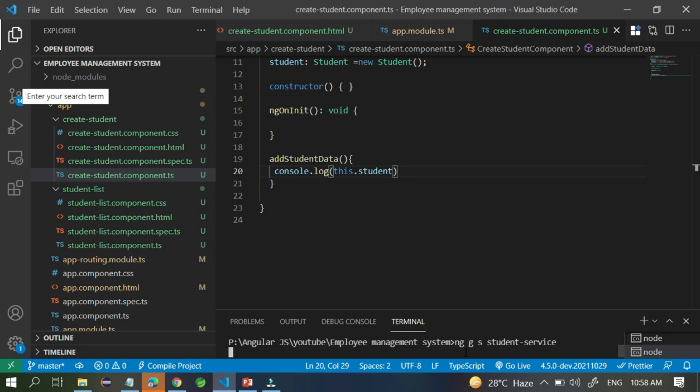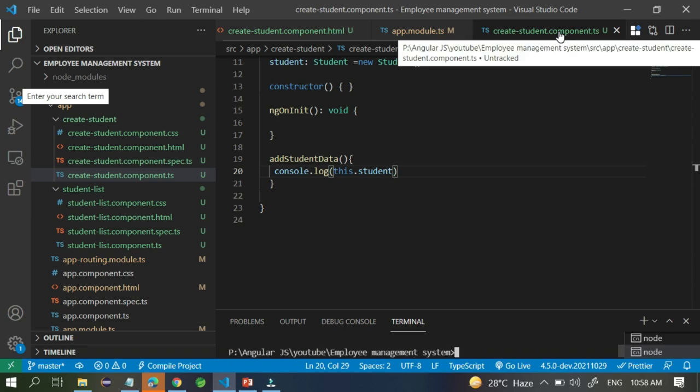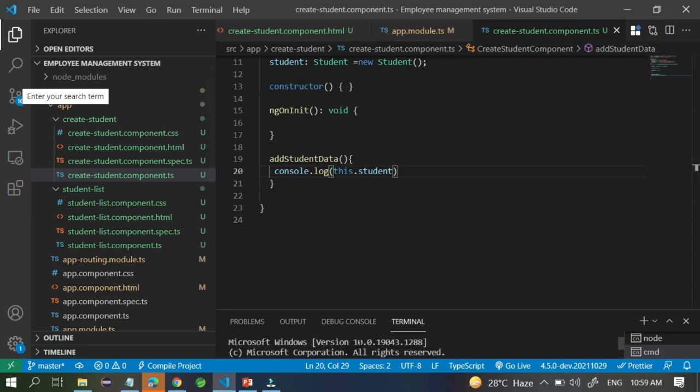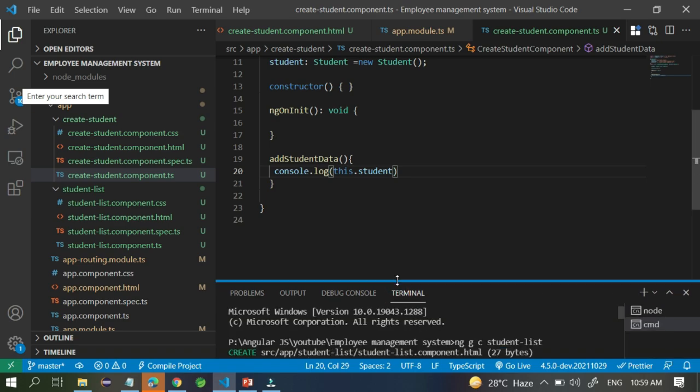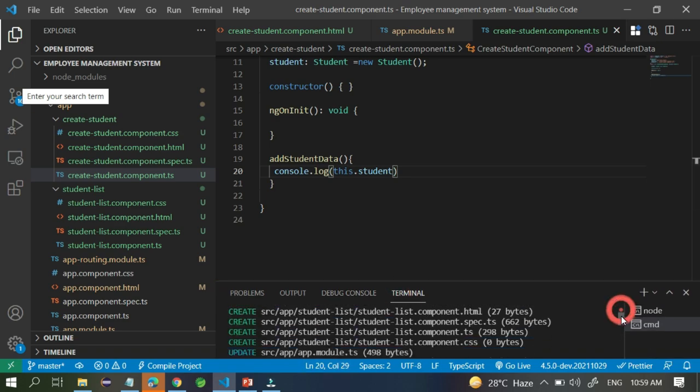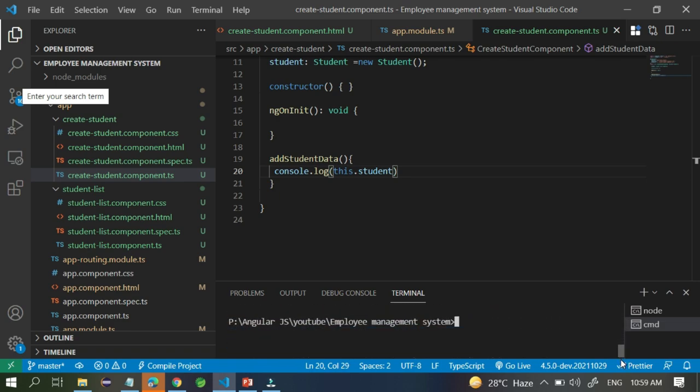It's created some files for you, so through this file you can do the work on that. Okay, so in this file I am going to create one method, and those methods I am going to call inside this create.student.component, and we will send the data to the API. Okay, so you can see here it's created